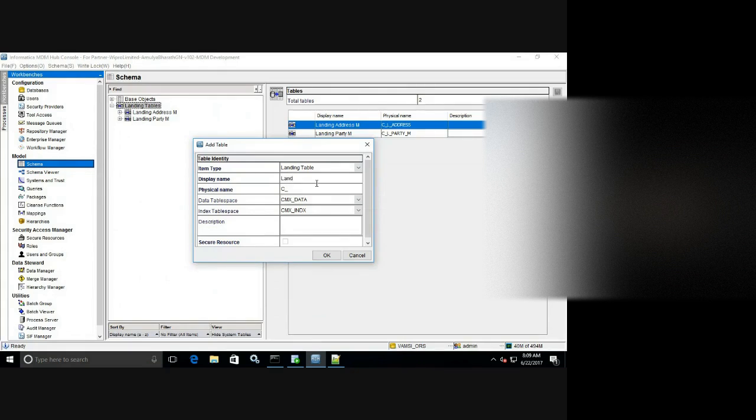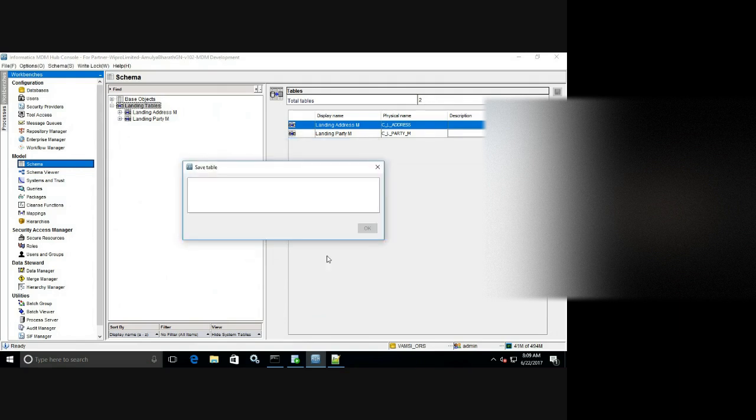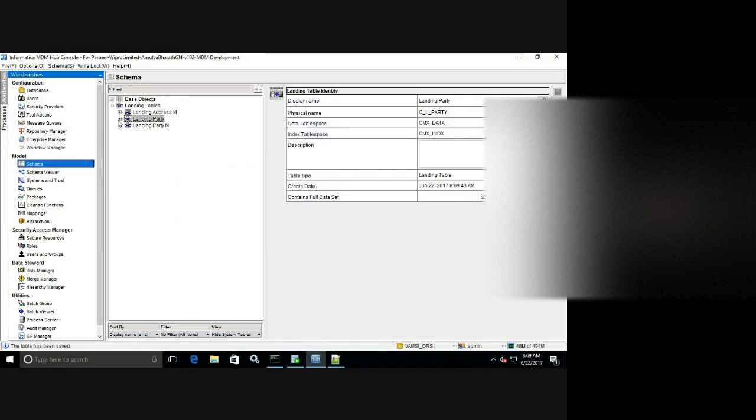Landing 40. So we have created the landing 40 table. And if you go to the columns section,